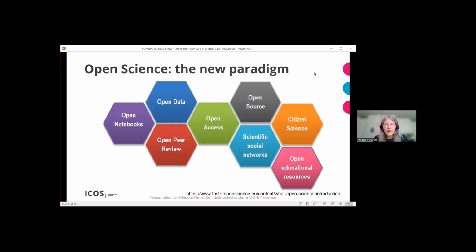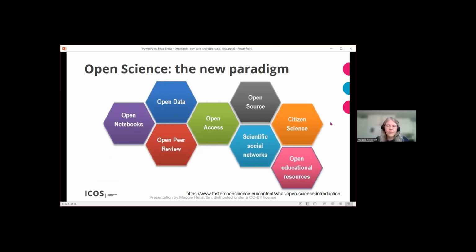And of course, this sharing your data, that's just part of this new paradigm, as it's often referred to, of open science, which is not at all only about open access to publications, which a lot of people have heard about, or indeed open source software and things like that, but it's also very much about things like open data, having open peer review,